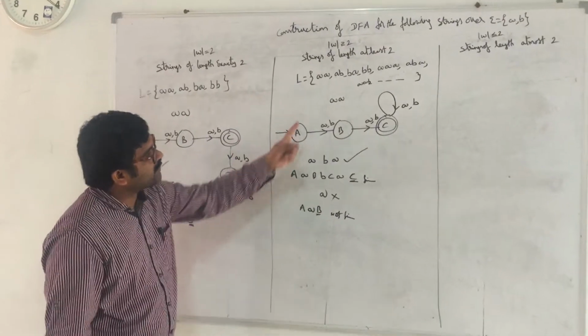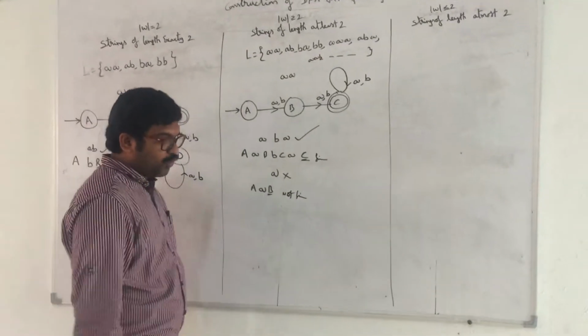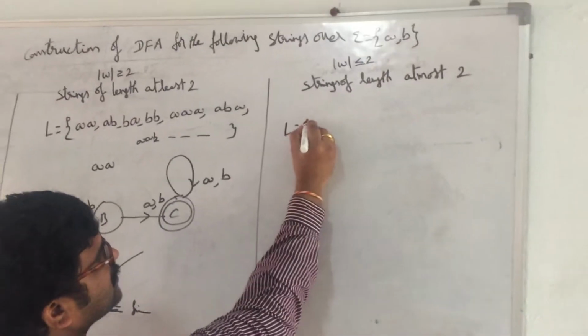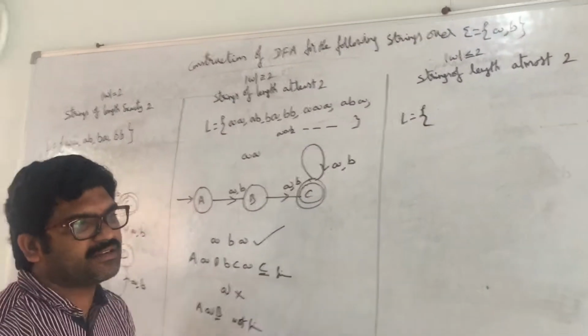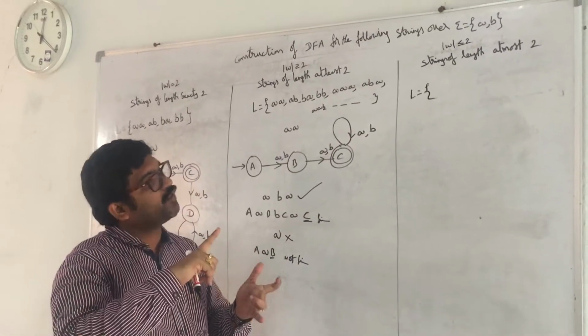Okay, so let us move on to the last problem. What is that? Strings of length at most 2. What does strings of length at most 2 mean? So now I am writing the language. Strings of length at most 2 means strings of length 0, strings of length 1, strings of length 2, because